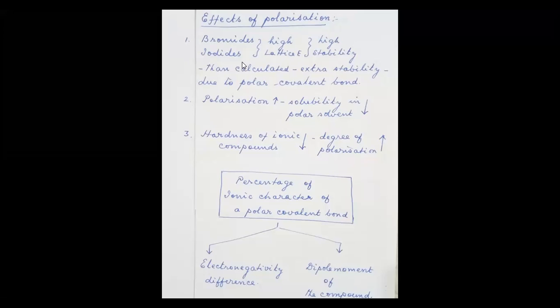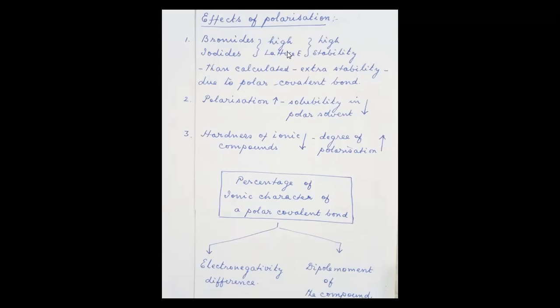Sodium fluoride will be highly stable because the sodium is ready to donate one electron and the fluorine is ready to accept one electron. And also fluorine is found to be more electronegative. The highest electronegativity is of the fluorine. So naturally we are expecting that sodium fluoride has to be highly stable. But when you compare sodium fluoride, sodium chloride, sodium bromide, sodium iodide, bromides and iodides are found to be highly stable